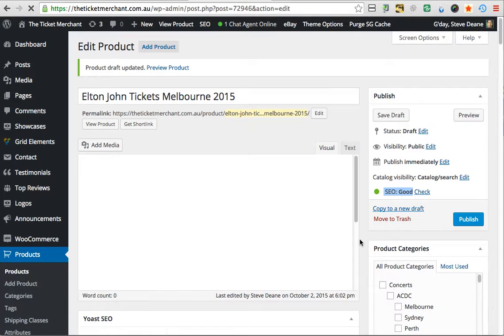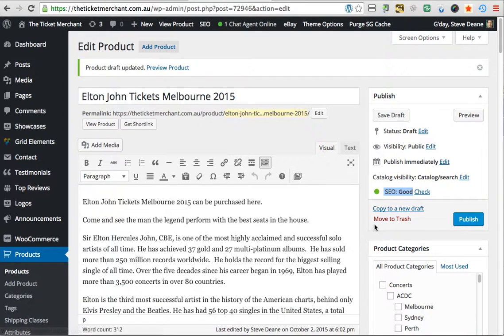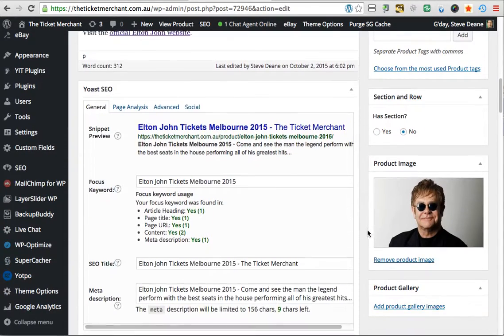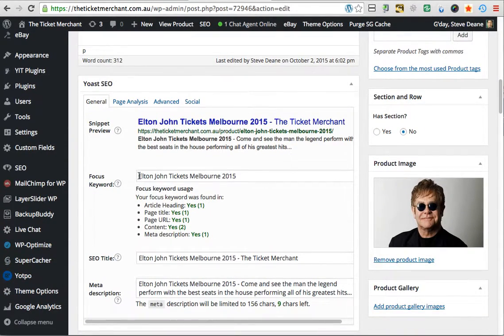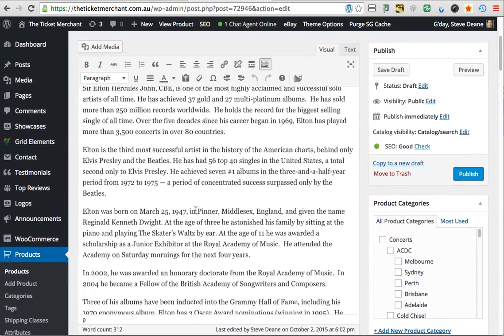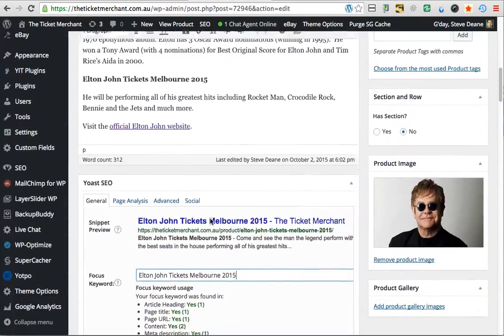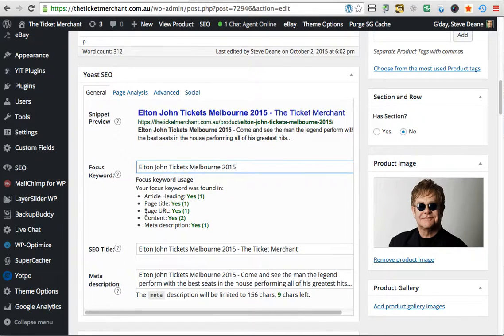Okay, so that's the SEO plugin saying we have done our SEO really well for the focus keyword, which is Elton John Tickets Melbourne 2015. What we have done is put the keyword in the article heading and the page title, which we did up here. The keyword is in the page URL,